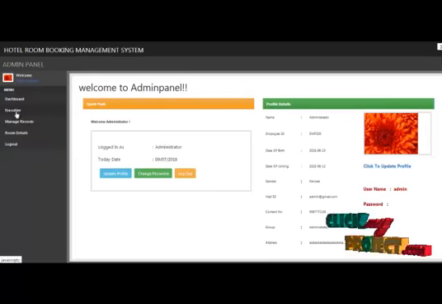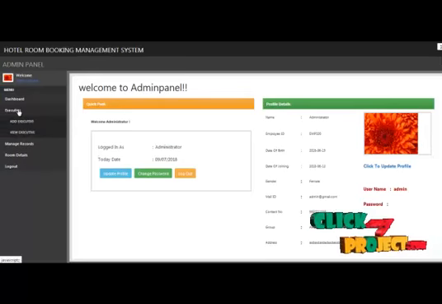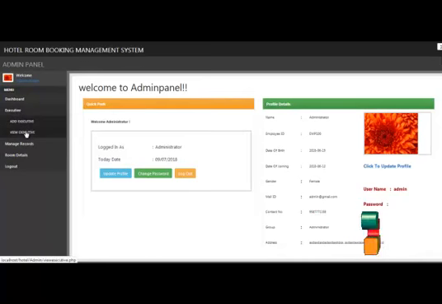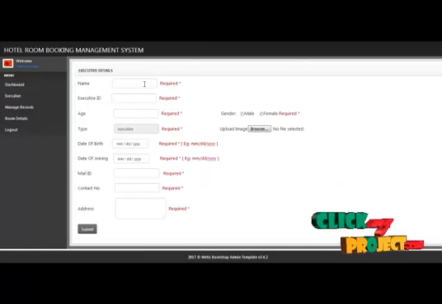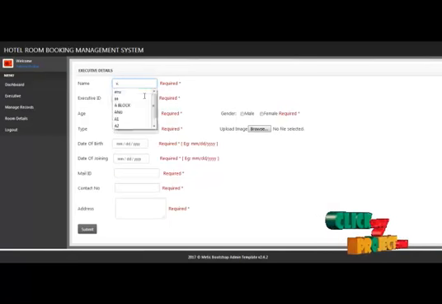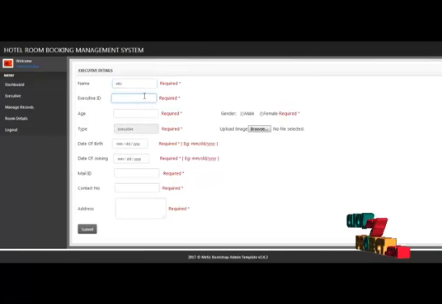And the next module is executive. Click executive. In executive, we have add and view executive modules. In add executive, here we are going to insert some details about the executive. The executive name is ABC and the employee code is